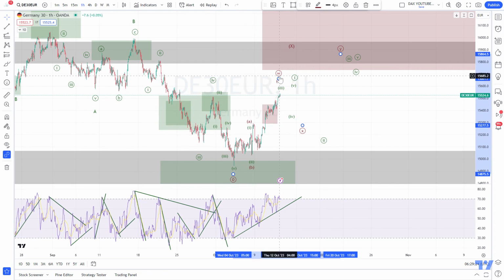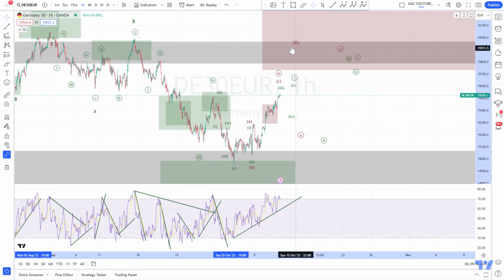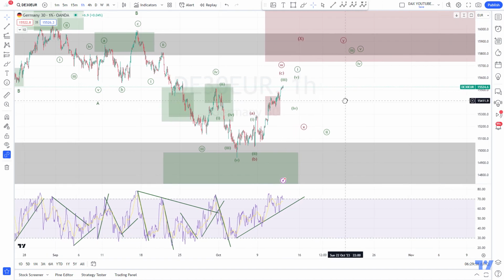So even in the bearish scenario in red, the move that I would expect would be a move down from here, and then we are actually missing another swing for a corrective move. And then I think we should have another move up here into this area. So this is basically the bearish scenario, where we have an additional corrective leg down. So therefore, we need this wave X. But like I told you,